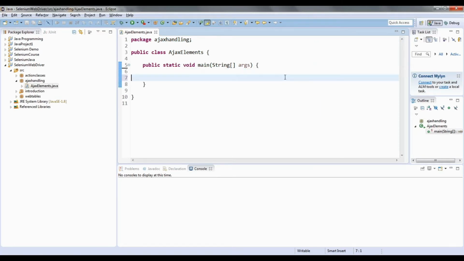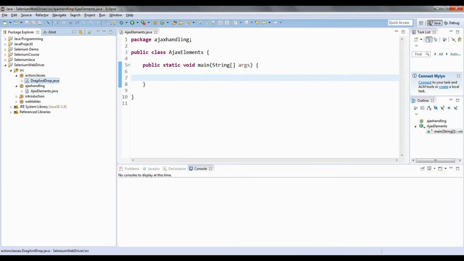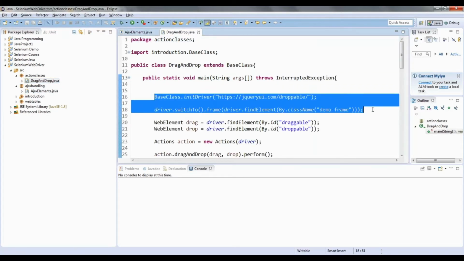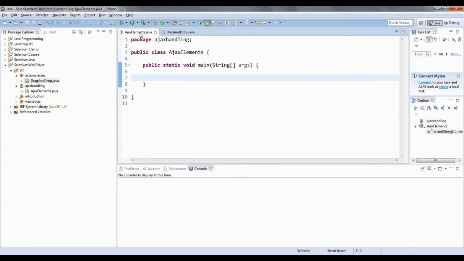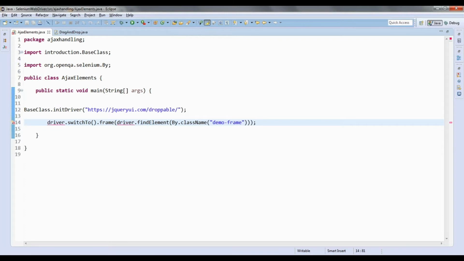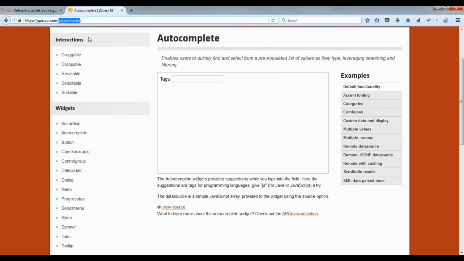Once you do that, let us pull up our page. I have to switch to the frame, that's why I will consider that. So what is the URL? That is autocomplete.